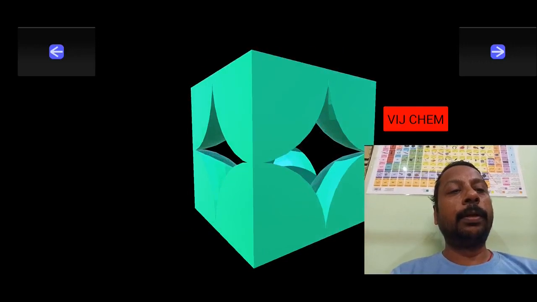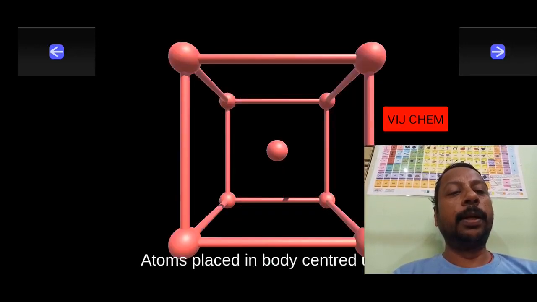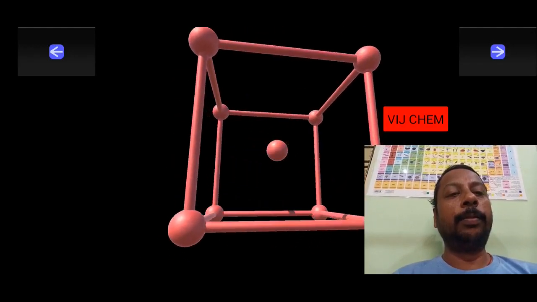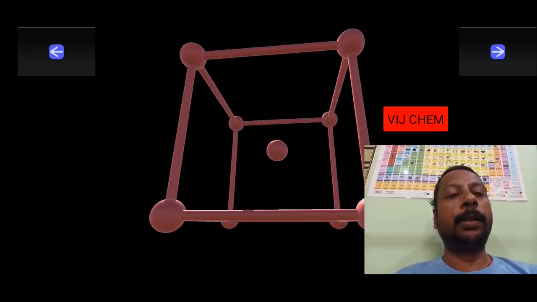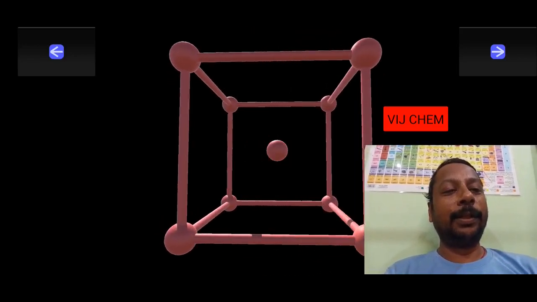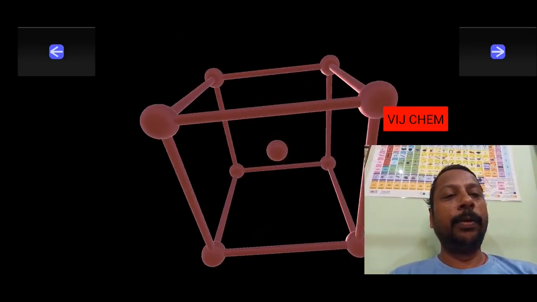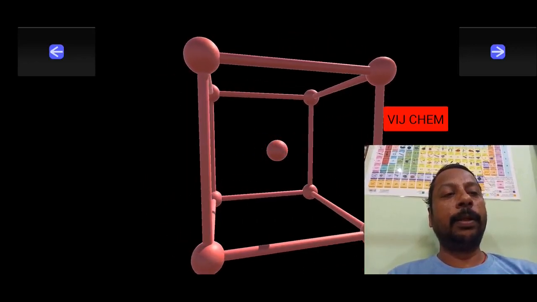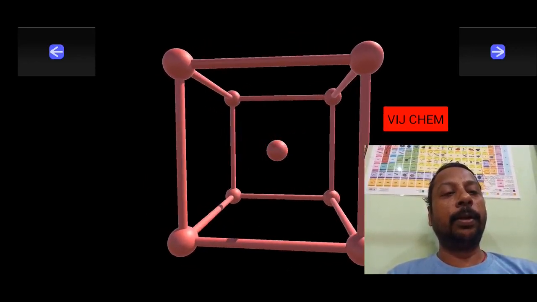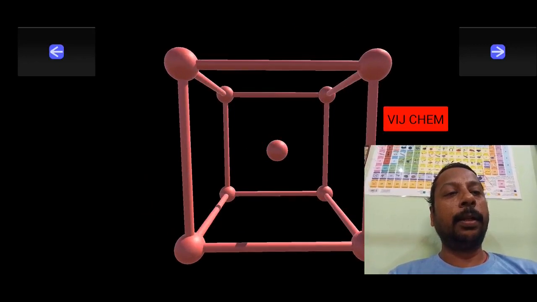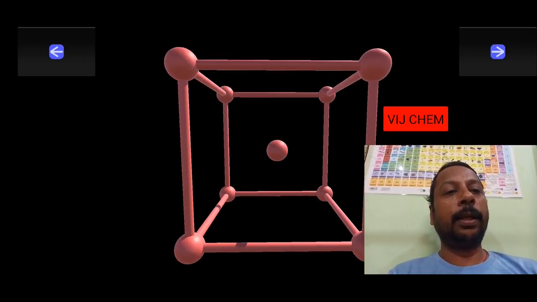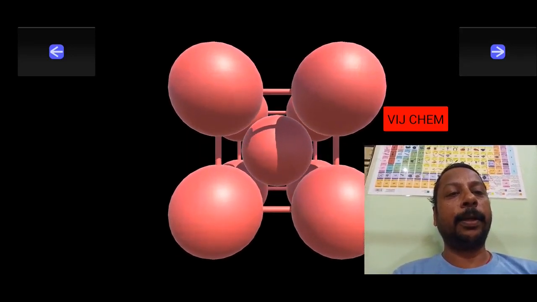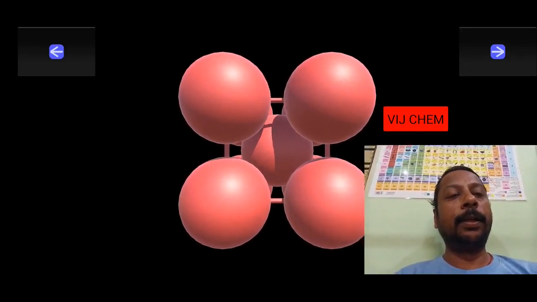Okay, next, this is called as what? BCC. Okay, so this is how BCC. See, inside the body center is not moving because it is at the center, so I am moving only corners. Okay, but will this much gap be there? No, actually this is only to show you clarity. Actually how they are there, they are like this. Just zoom. Okay, so like this they will be there.